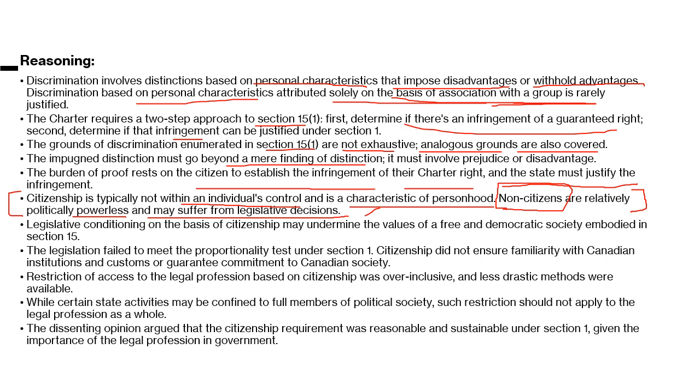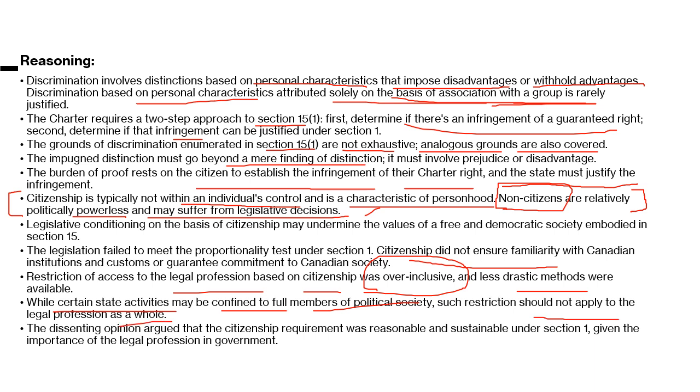Legislative conditioning on the basis of citizenship may undermine the value of a free and democratic society. The legislation failed to meet the proportionality test of Section 1. Citizenship did not ensure familiarity with Canadian institutions. As I told you, he had full-fledged expertise to become a lawyer in Canada. The restriction of access to the legal profession based on citizenship was over-inclusive. Less drastic methods were available, so it was an overbroad law. While certain state activity may be confined to full members of political society, such restrictions should not apply to the legal